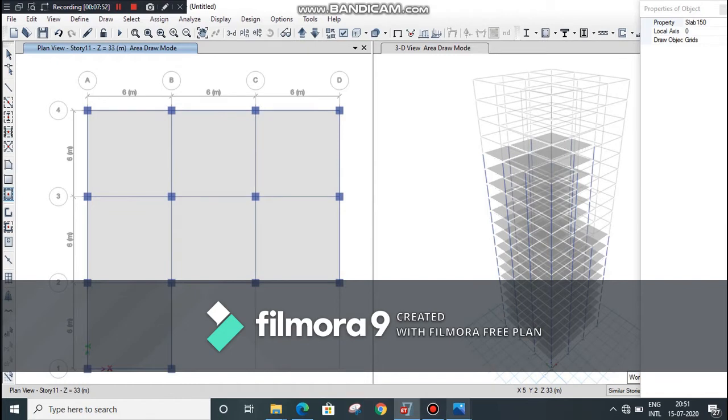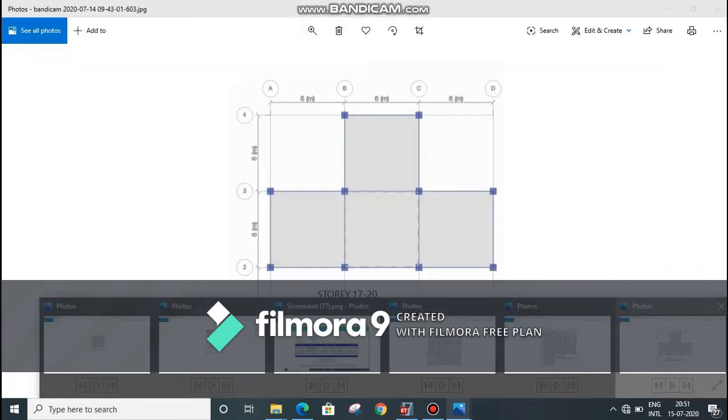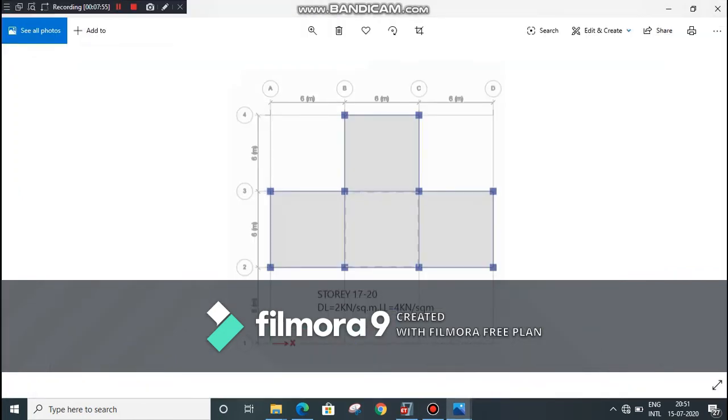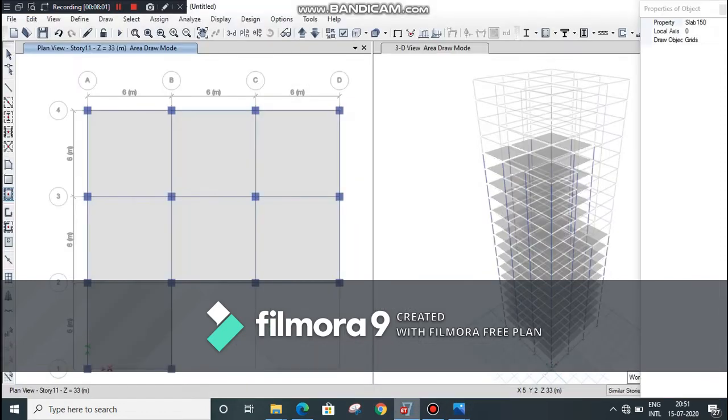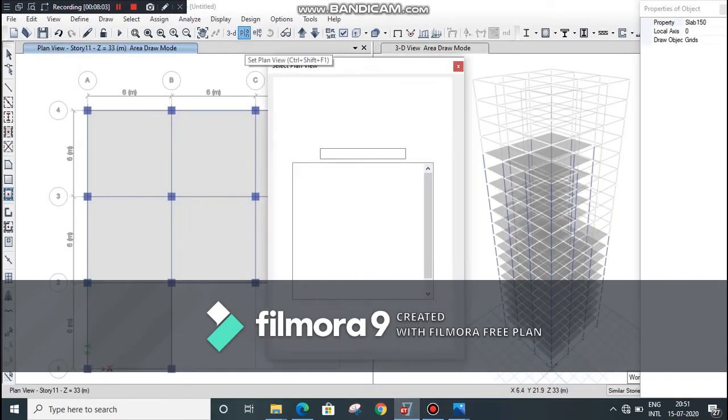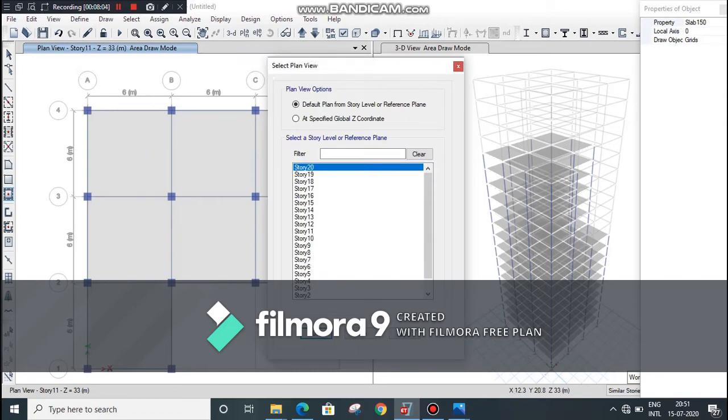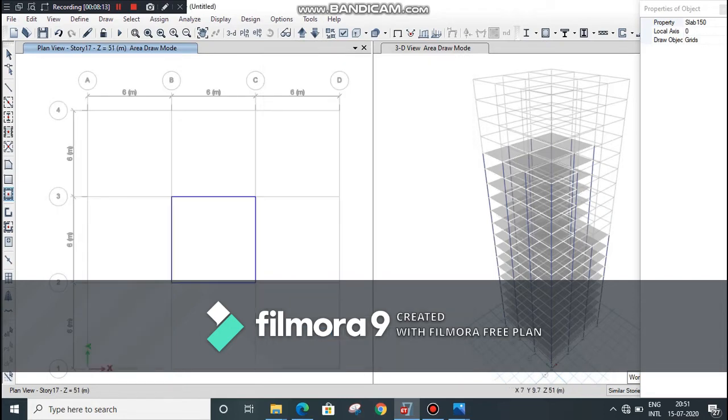Similarly, the plan view for story 17 to 20 is as. Therefore select plan, go to story number 17, click on OK, and then quick draw column.